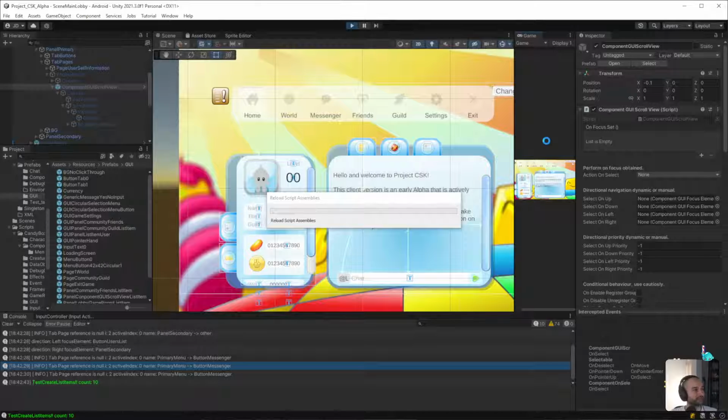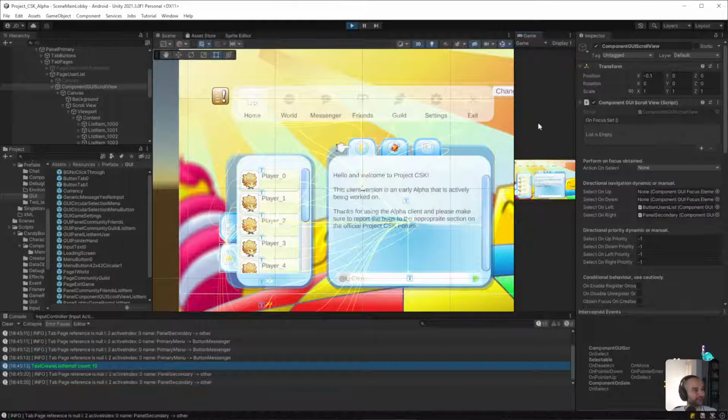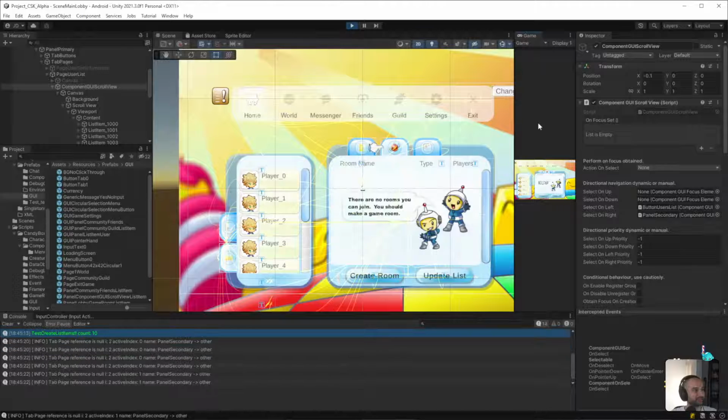So let's see it in action. Yeah, I can see the lines, right? You can see the pathing lines that Unity has, so you know it's working.